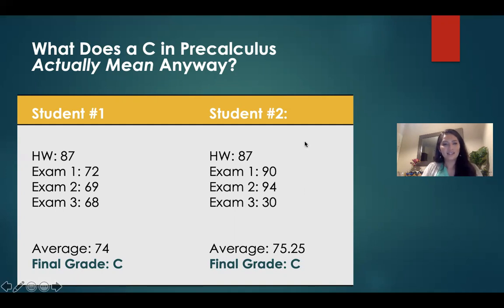All these numbers tell us is that, well, maybe student number 1 is a C student. That's how well they're understanding the material. But does it tell you anything that they know about pre-calculus? Does it tell you what they need to study? Does it tell you, are they good at transformations of functions? How comfortable are they with that? How about right triangle trig? Do they know how to graph trigonometric equations? Do they know how to solve trigonometric